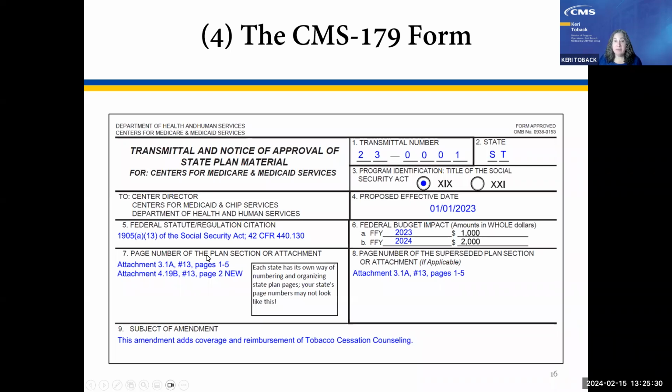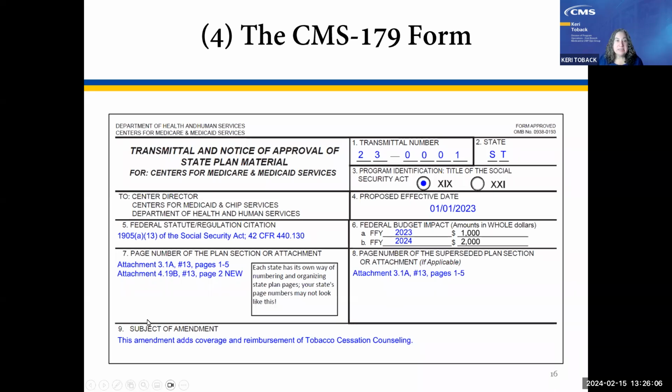It is okay to give ranges of contiguous pages, such as attachment 3.1A, pages 5 through 10, as long as every page of 5 through 10 in the range is being amended. Box 8. Similarly, every page of the state plan that is being deleted or amended should be listed in box 8. Ranges are okay if every page is being replaced. If submitted pages are new, they would not be listed in box 8. Also, if pages are being permanently deleted and not replaced from the state plan, they'll only appear in box 8.